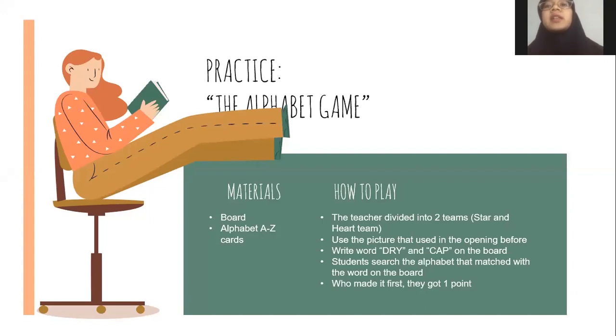First, the teacher divides the students into two teams, the star and heart teams, which means the left and right sides of the teacher. The star team contains 13 members and the heart team is 11 members. After that, the teacher uses the pictures used in the opening before, the dry and the cap